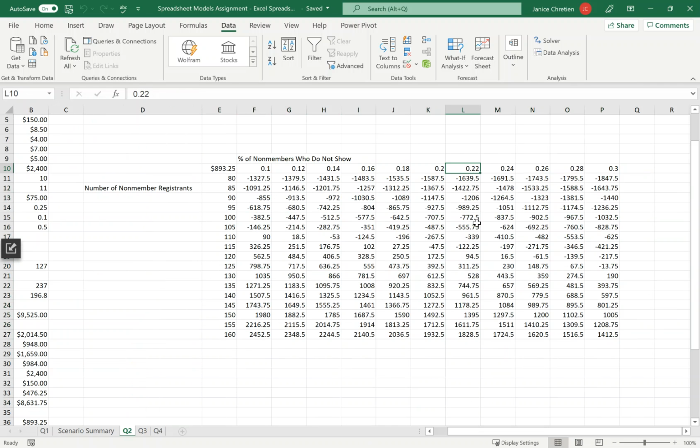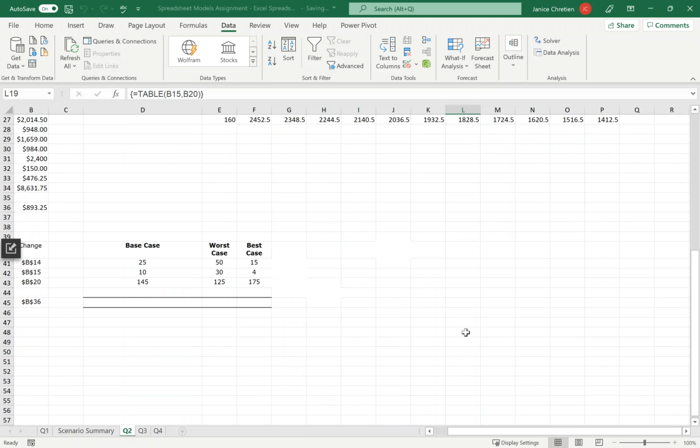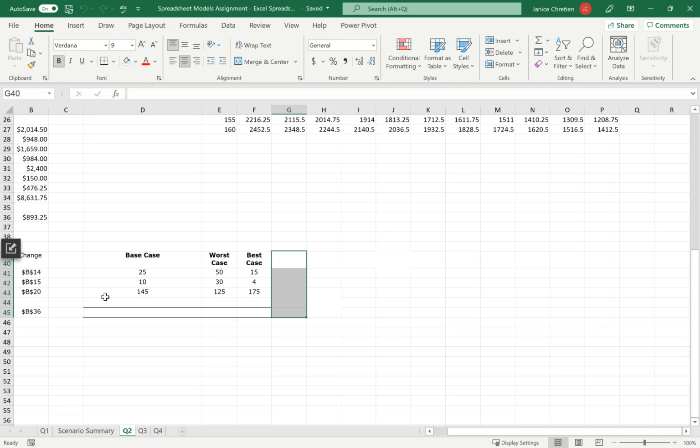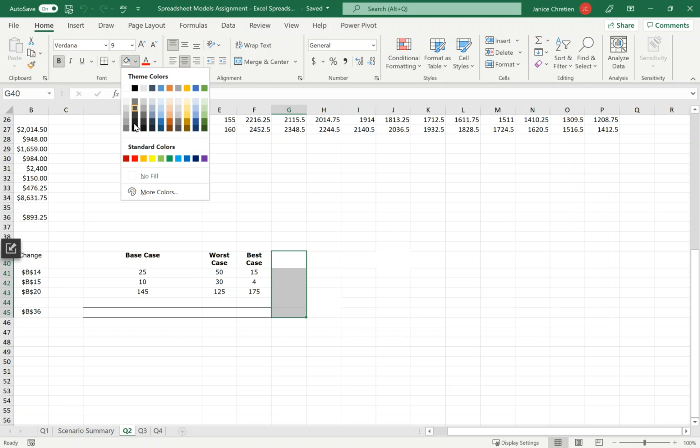even? And so if I look down here, my first positive value is at 120. So somewhere between 115 and 120, I had a zero, a break even. So my answer is from 115 to 120. And then we were given 3 scenarios. And again, just like before, we've got to set up the scenario manager that will open up a whole other